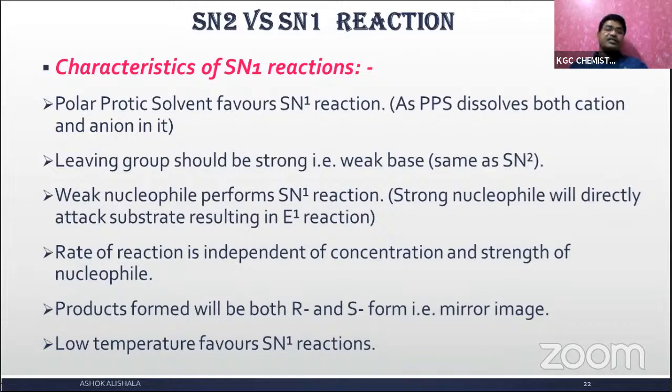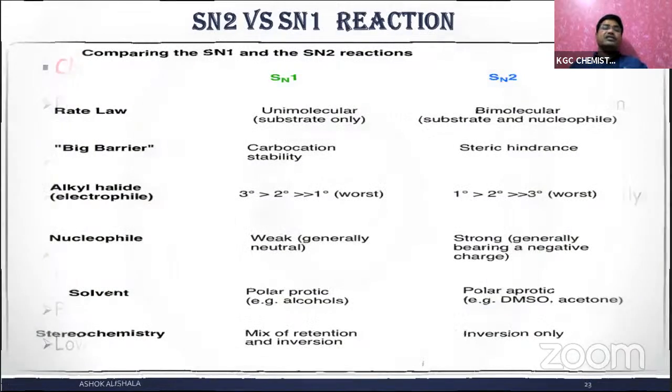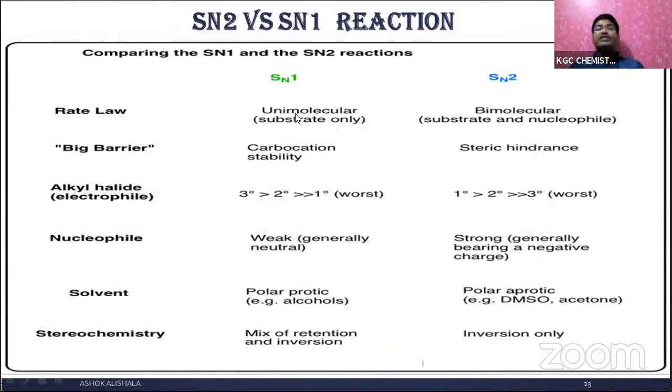Low temperature, this is also same for both. Low temperature favors SN1 as well as SN2. If the temperature increases, elimination takes place. Okay, now let us see the differences between the SN1 and